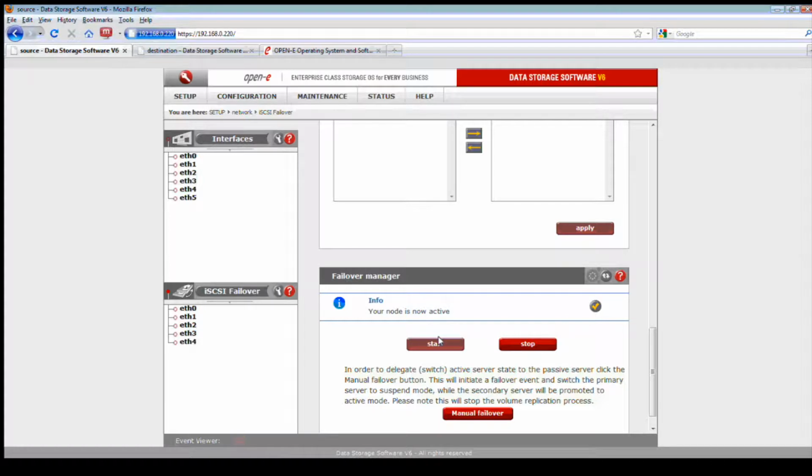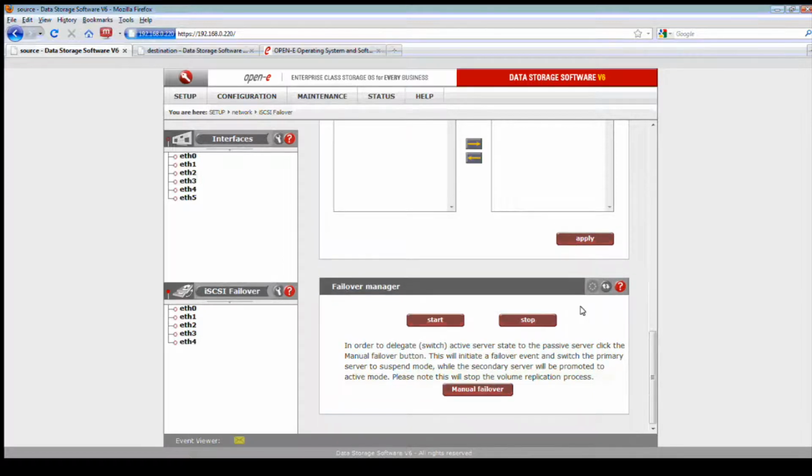Once this is done, it gets really simple at this point. Go back to your iSCSI failover, and you've already applied the configuration. What you'll then see is the tasks. You can have many. What you want to do is apply them, the arrow key, hit apply. Once that's completed, you'll be presented with the start button. Click on the start button. Give it a few seconds. If you've got many tasks, it can take longer, and there's a pop-up message that tells you that. Once it's completed, what you're looking for is that your node is now active. So we can check on that. Okay, so at this point, we've replicated our data. We're in an auto failover setup configuration.